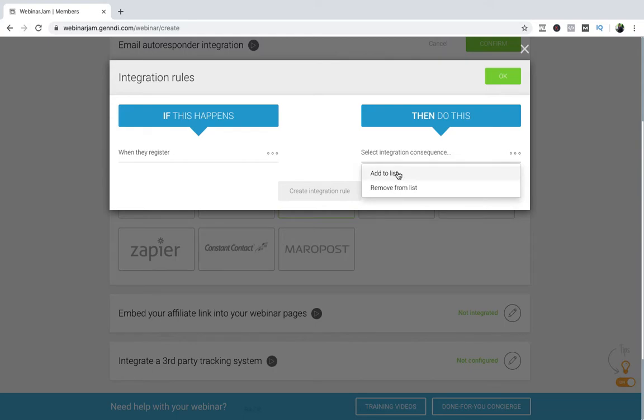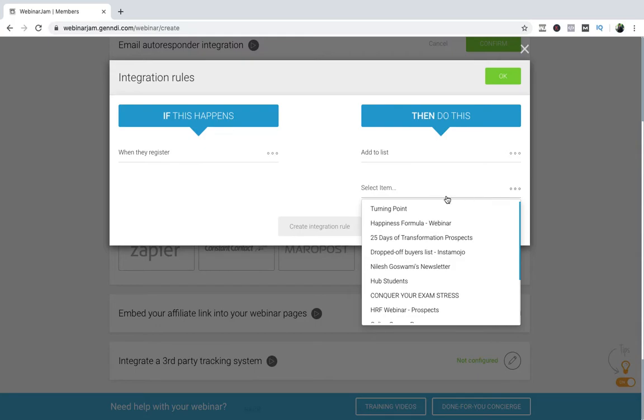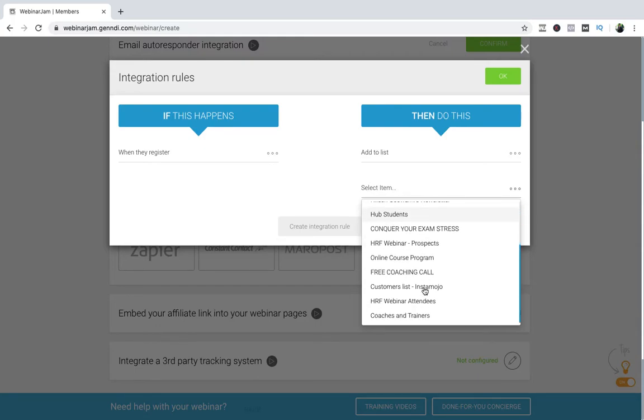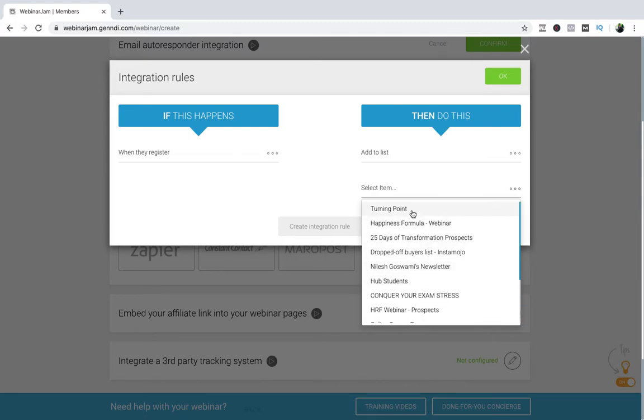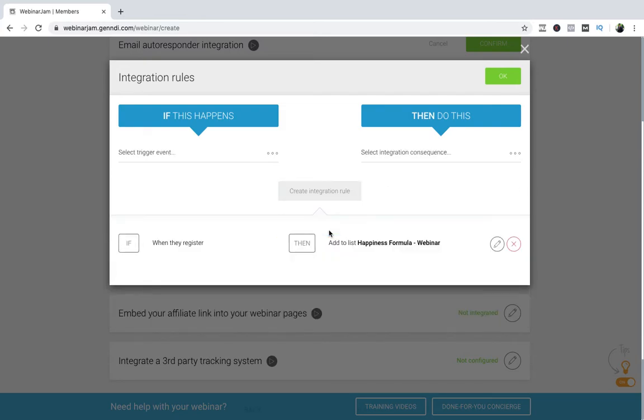Add to the list. Which list? Select item. See, I have already connected this to my MailChimp, that's why it is showing these many lists. Let us say I want to add them to the Happiness formula webinar list. Create integration rule. So whenever they register, they are added to the list.